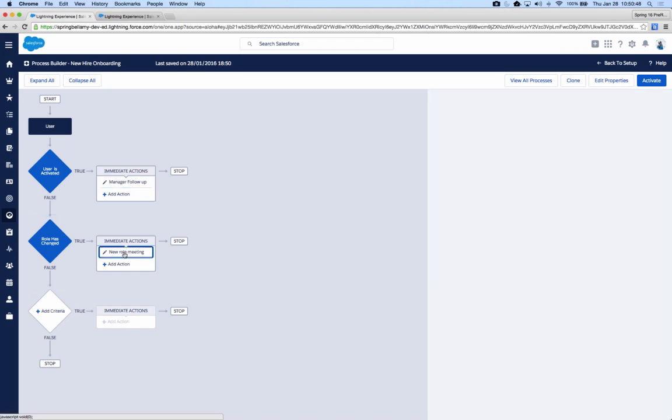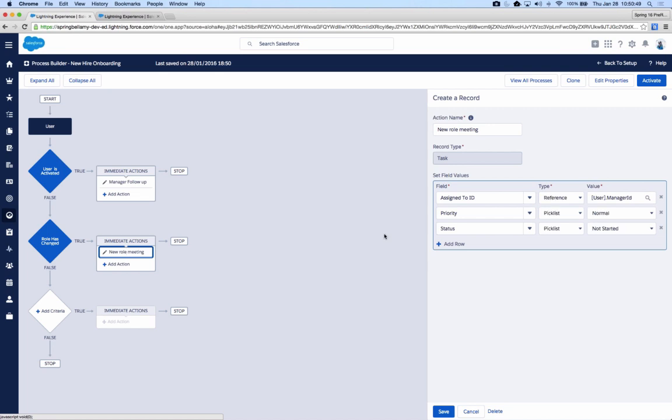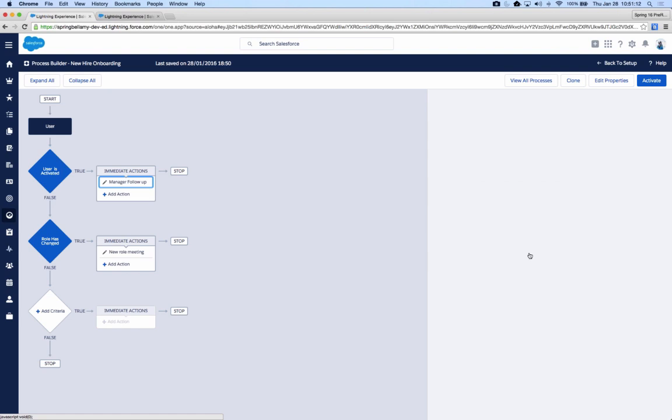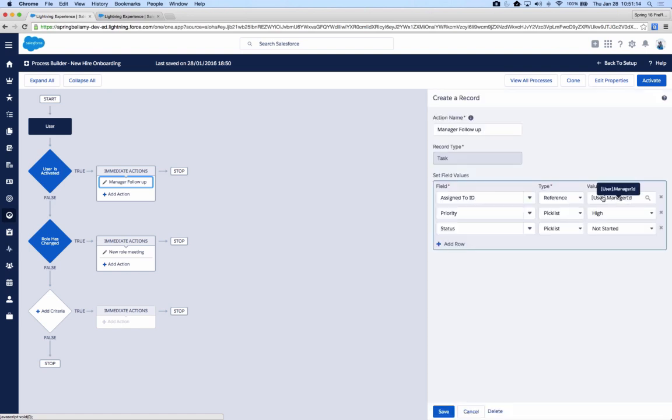It makes it easier to create multiple criteria and to edit those existing criteria. We also heard that you wanted to be able to see fields on hover. Sometimes when we have field values, like a reference value here, it would have a very long string in the name, and you wouldn't necessarily be able to see that final item on the string that tells you what the field is. So now we have hover on all of our fields. As I'm going through here, I can always just hover on the field and see that full name. And when I'm ready, if I clone this,